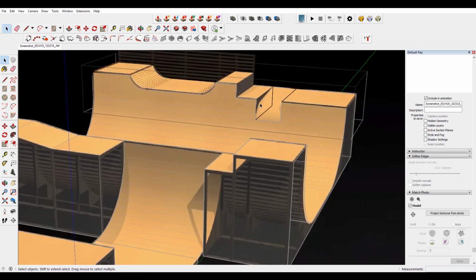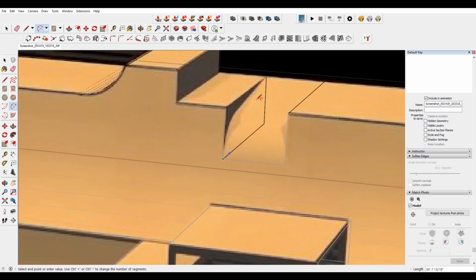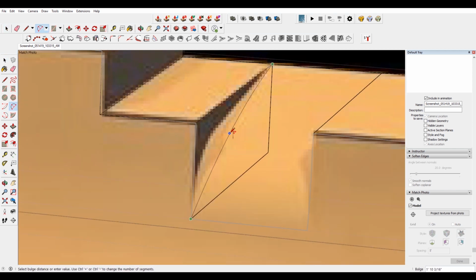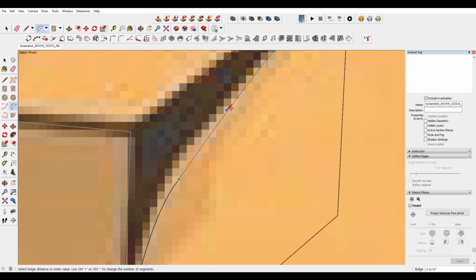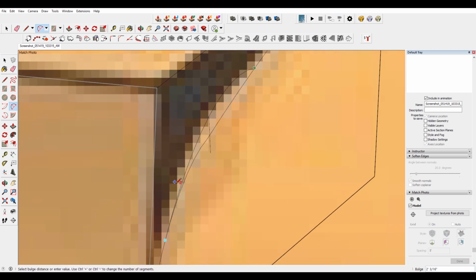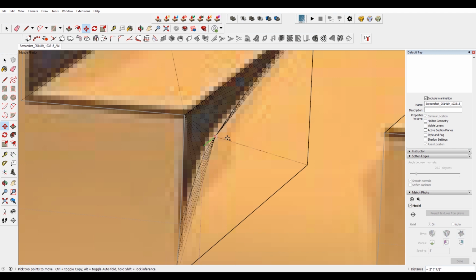Okay, so when we come to here, we can choose our, so this looks like it may be two separate curves, so we'll do something like this. And the trick here really, or the thing to be careful of as you go through and do something like what I'm doing right now, is that it can be really easy to get these kind of weird kinks in your model when you're connecting two curves. So whenever you can make them tangent, be sure to do that. And then just to help in my